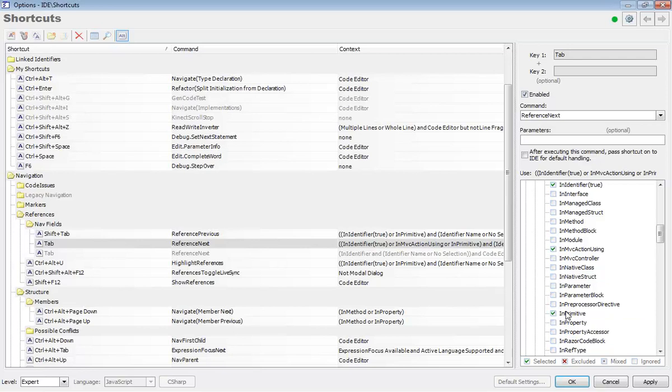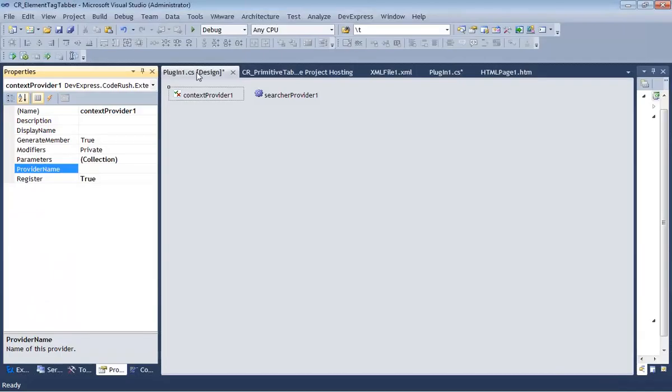So are we in a primitive, or are we in an MVC action, or are we in an identifier? Those are ORed together. Well, we have one more OR that we want to add: are we in an HTML tag? And so we'll implement that. So I'm thinking about calling this something like editor. So right here with the provider name. So editor, we're just following that path down, code / in HTML